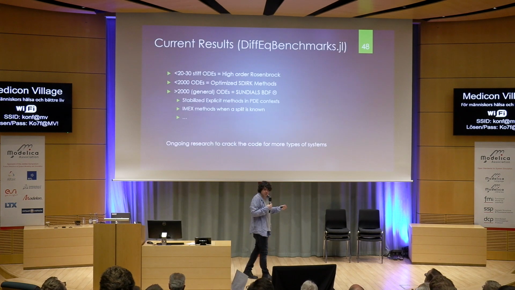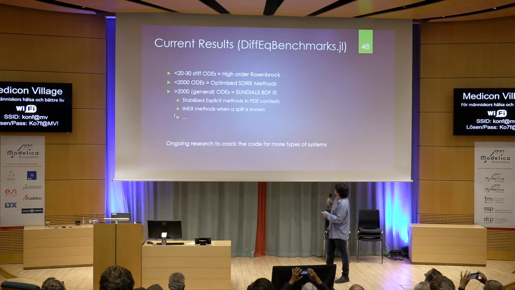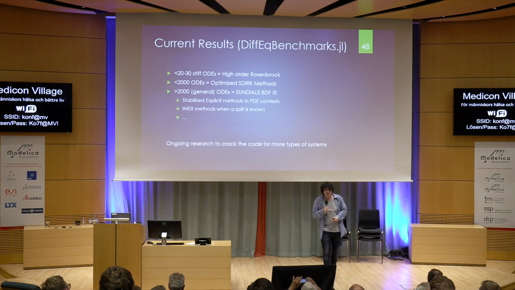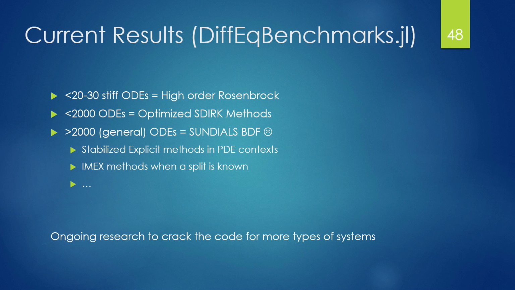And so what our current results are, just in case you're curious, is that somewhere around 20 to 30 stiff ODEs, these higher order Rosenbrock methods do very well, right? We've been able to optimize these, and these ones that really only exist in the Julia language are really what are doing the best there. So for non-stiff equations, we have these Verner methods and such. For stiff ODEs, these higher order Rosenbrock methods do well,